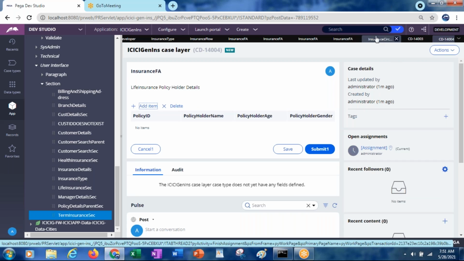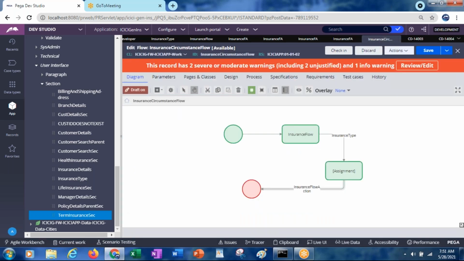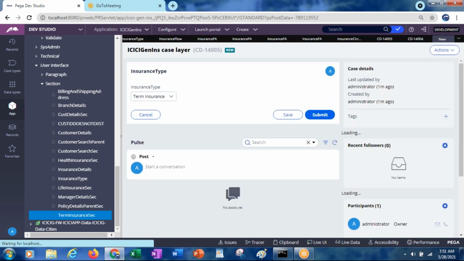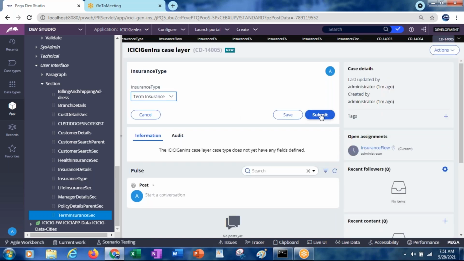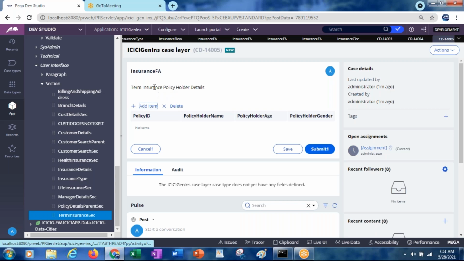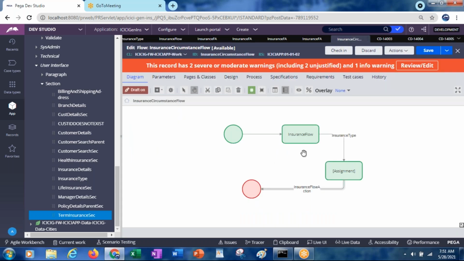Okay, so again, if you take term insurance policy holder details, it is showing. Okay, so how come it is possible? Very simple flow, you see.